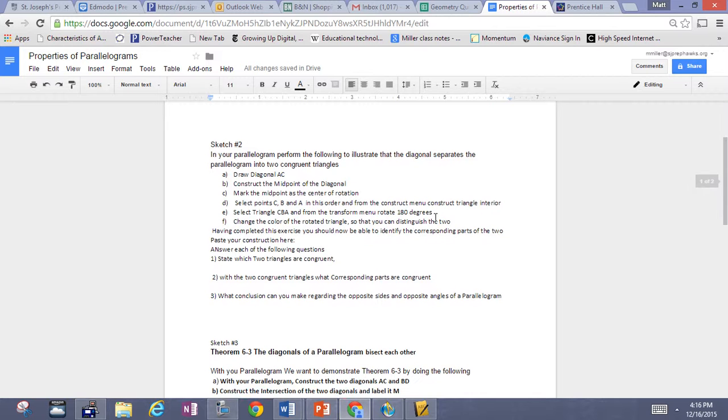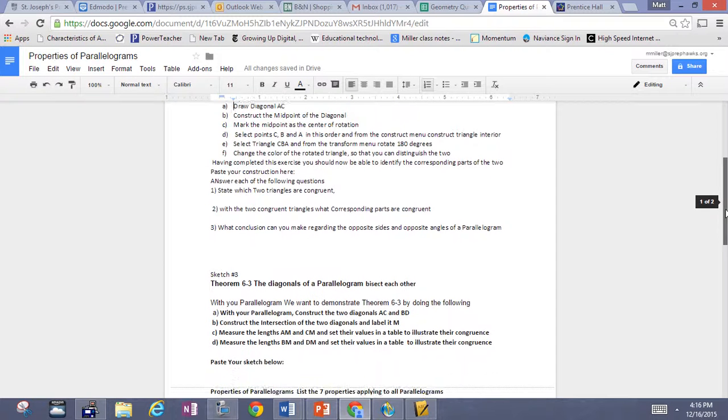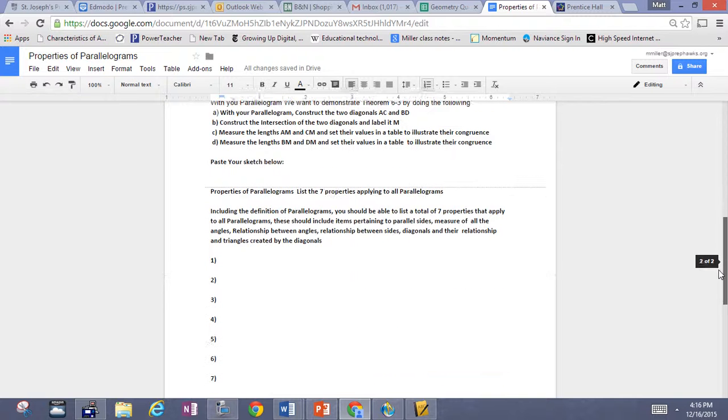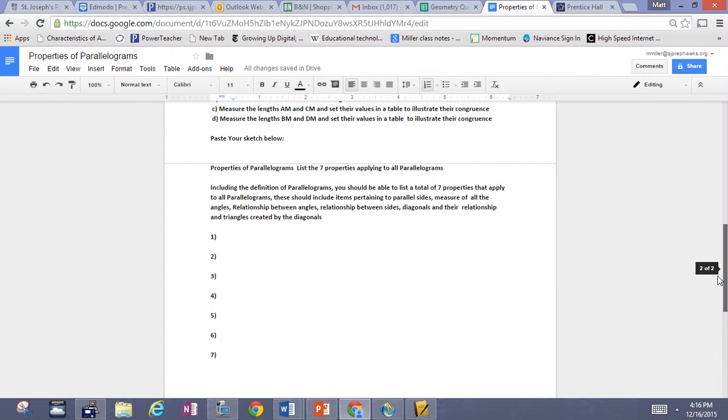Next, we'll have to draw the diagonals as outlined here. I'd suggest that you just go through your drive and look at these instructions before coming in for class so that you can move swiftly through it, okay? And then paste in your picture there and be able to answer a few questions relevant to that. And then a third sketch dealing with the diagonals,